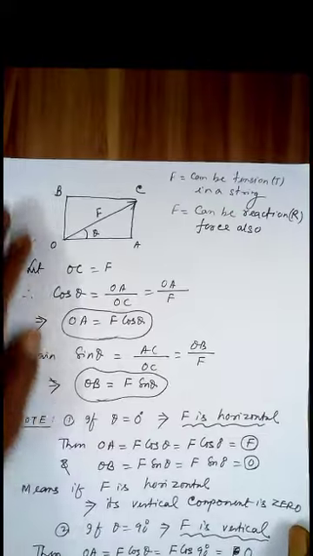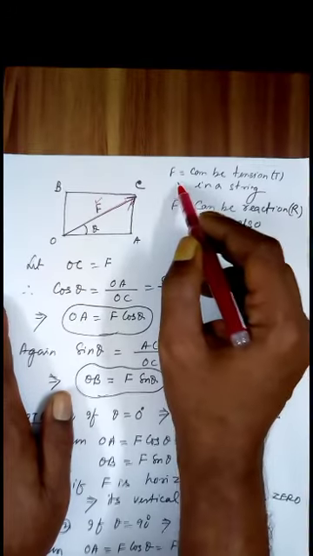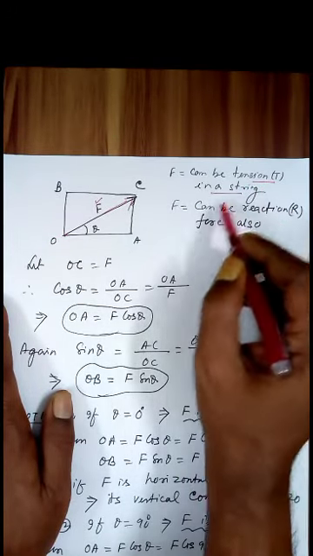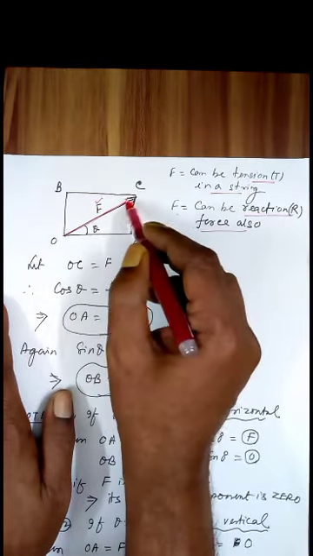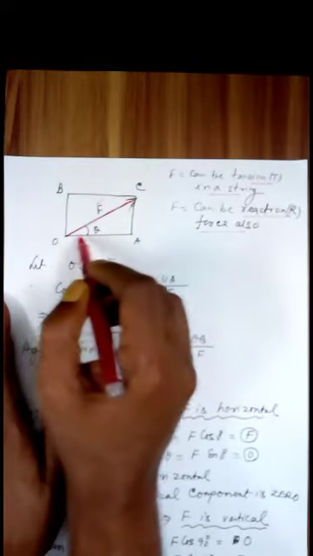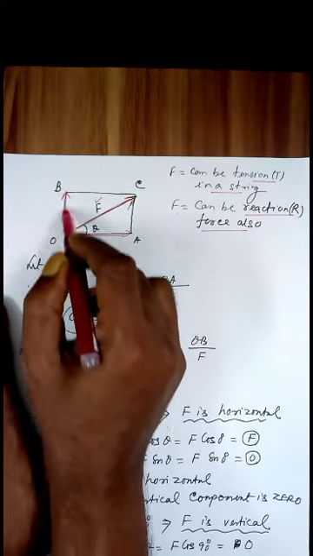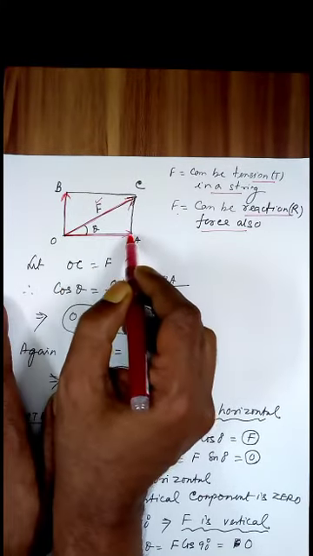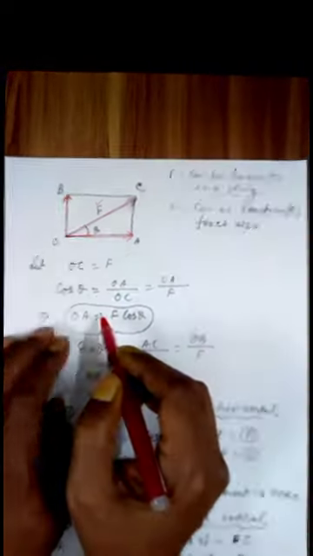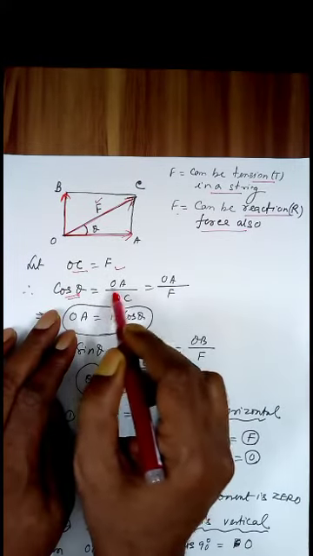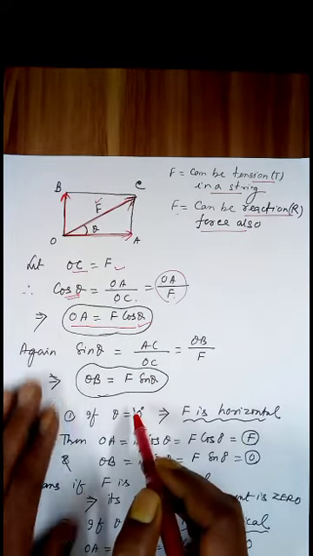So what I wish to convey and explain is, suppose this OC represents a force F. Your F can be a tension force in a string, or F can be a reaction force R also. Now, considering this as a diagonal, consider a rectangle such that this side is perpendicular to this side. Then you shall say this is the horizontal component along the x-axis and this is the vertical component along the y-axis. Let this angle be theta. Let OC be equal to F. Cosine of the angle is OA over OC, that is OA over F. Cross multiplying, OA is F cos theta.